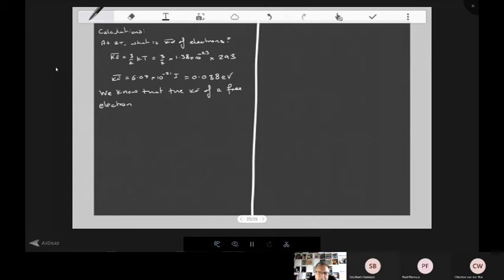What do we mean by a free electron? That term, free electron, in a solid. What does that mean? It's in a hybridized orbital. Excellent. We know that the kinetic energy of a free electron is given by